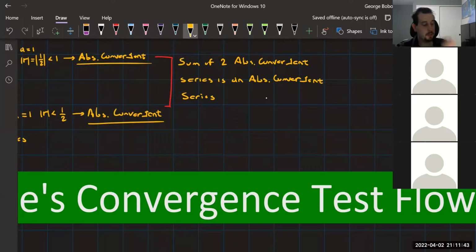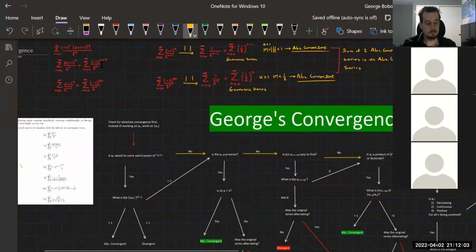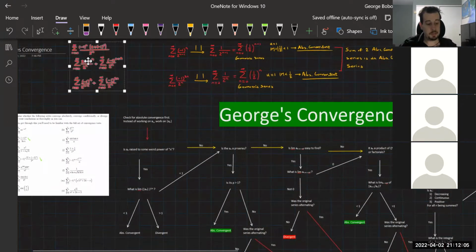How would that make sense, right? No matter how big of a number these things converge to, the thing is that they both converge to a finite number. Two finite numbers, if you take their sum, they will always give you another finite number and not infinity. So that one is convergent.